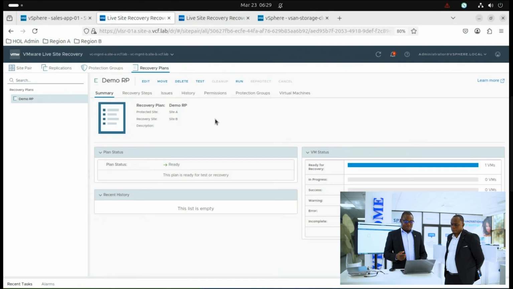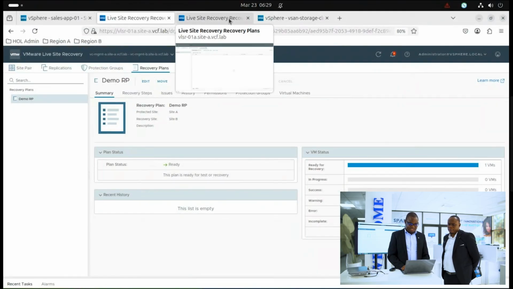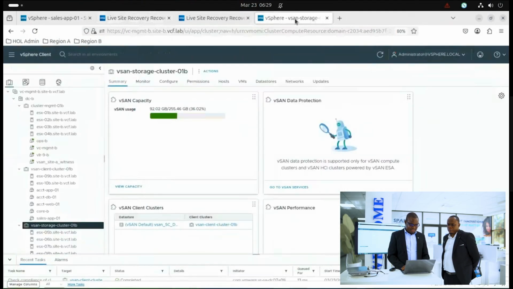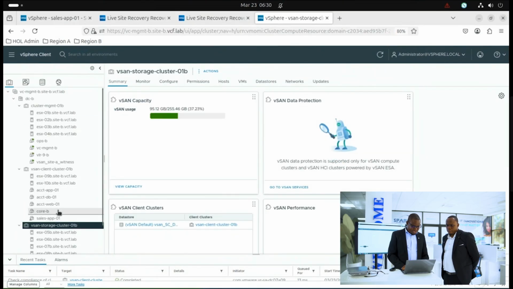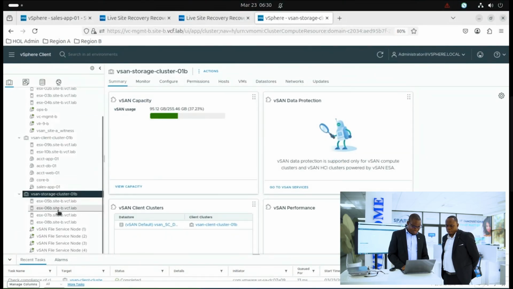Yeah, so you have done the replication, and just to confirm that indeed the replication has happened, we can go to the secondary site here. This is site B. And if we just refresh, because that VM was not here, but now I think we use,